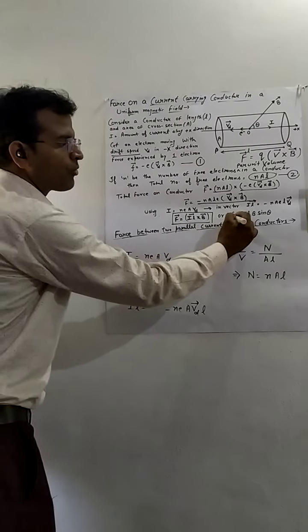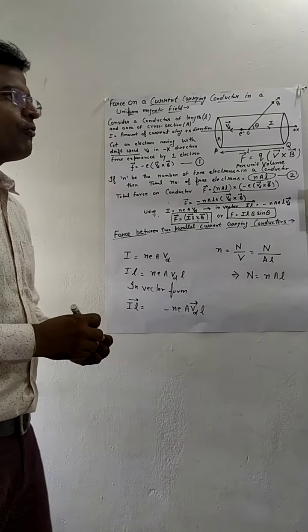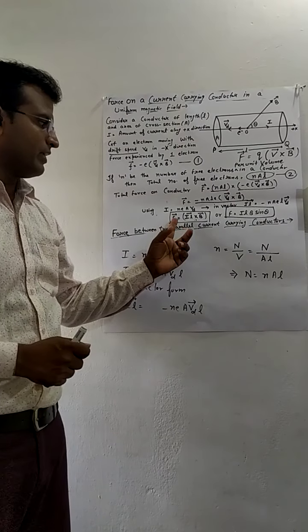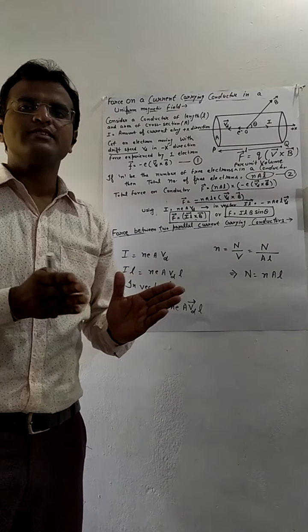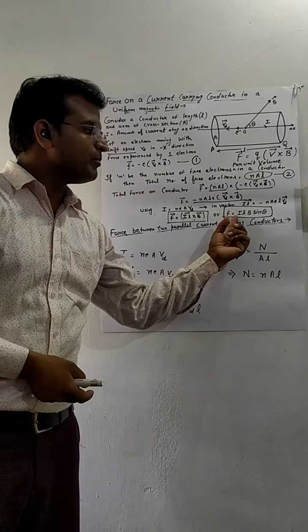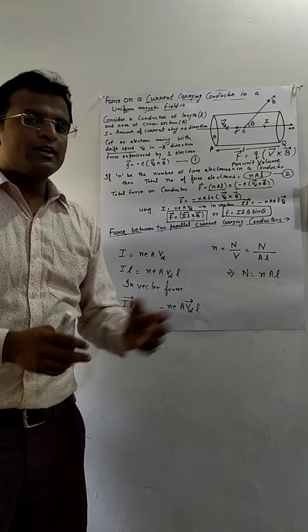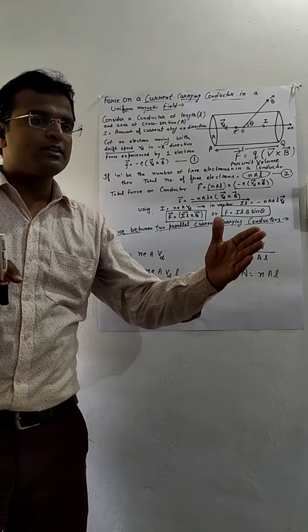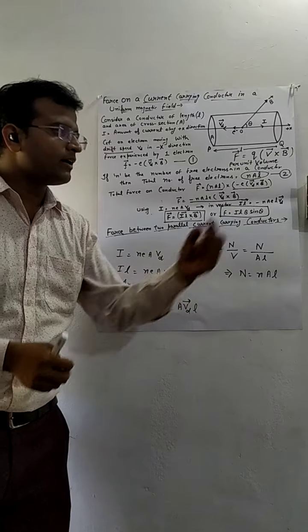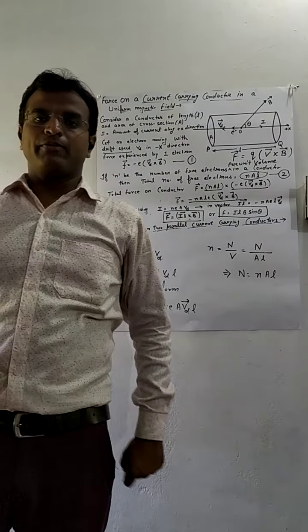Or the formula is I L B sin theta. And this is the formula for force acting on a current carrying conductor placed in a magnetic field, that is I L B sin theta or I L cross B. I is the amount of current flowing through it, L is the length of the conductor, PQ equals L, B is the strength of the magnetic field, and theta is the angle between the direction of current and the direction of magnetic field.